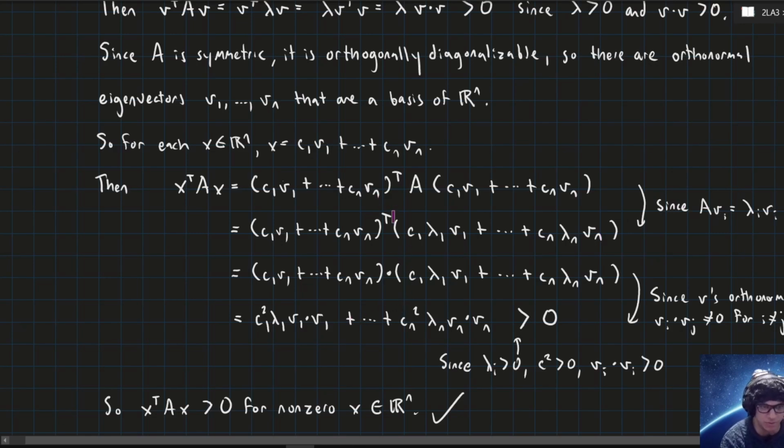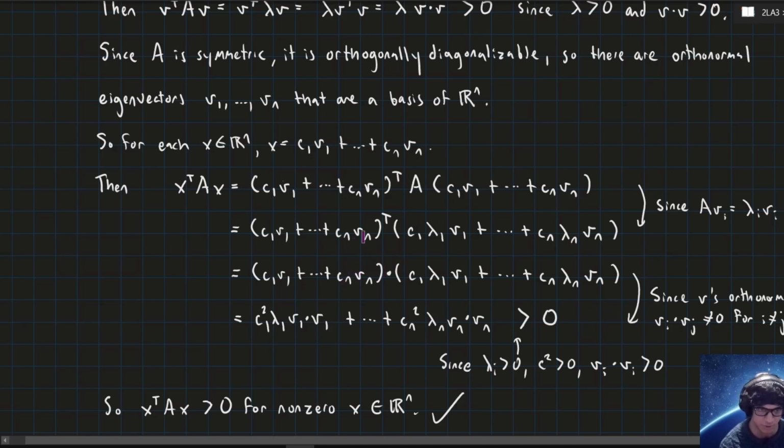Now I'm going to translate the transpose here into a dot product. Okay. And now I have a dot product between these two. So if I expand the dot product like I would, distributing multiplication over addition,